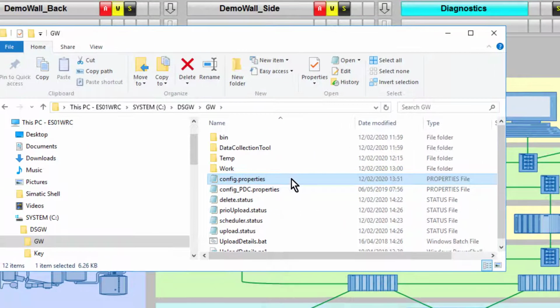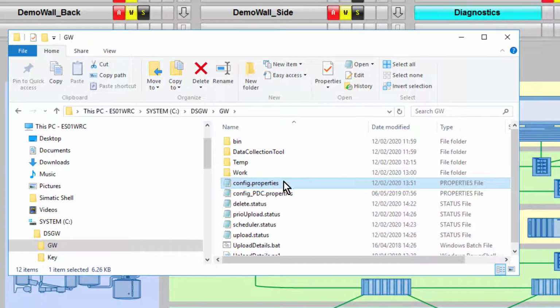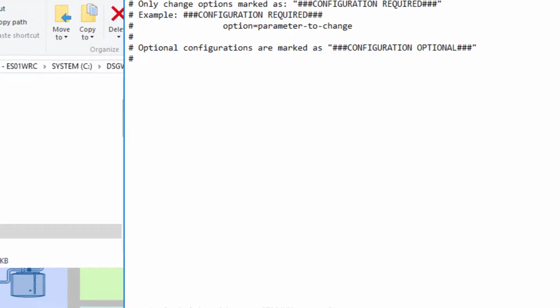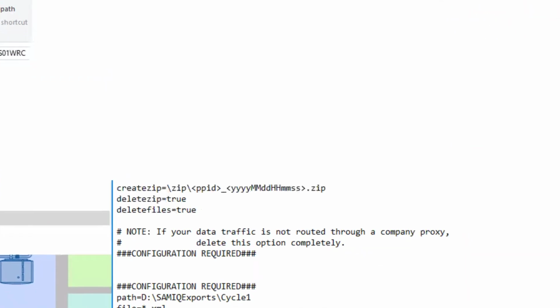What you need to do is replace that config properties file with the file supplied on your download version of the software. And when we have a look in here, we have to do a little bit of editing,